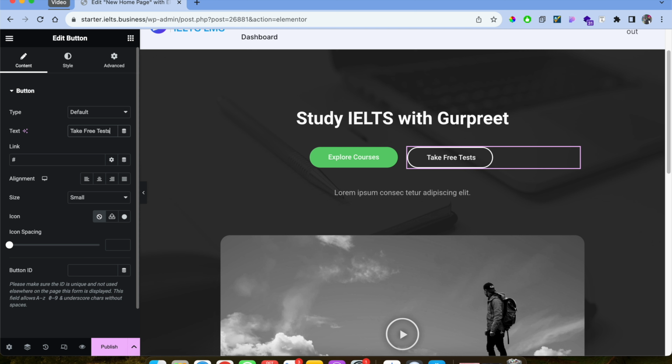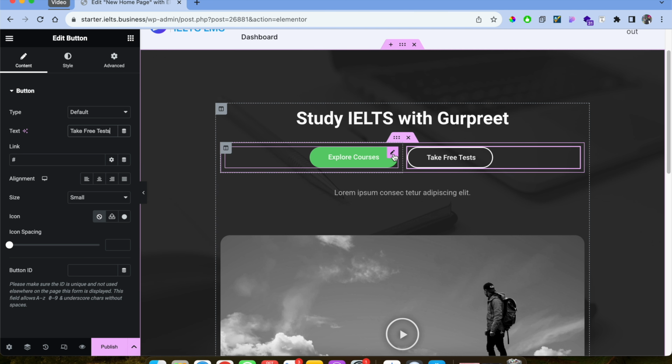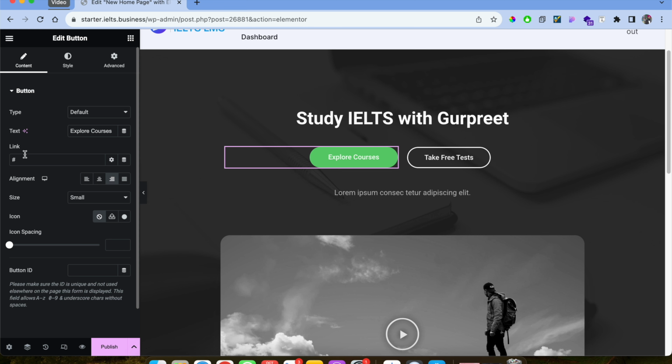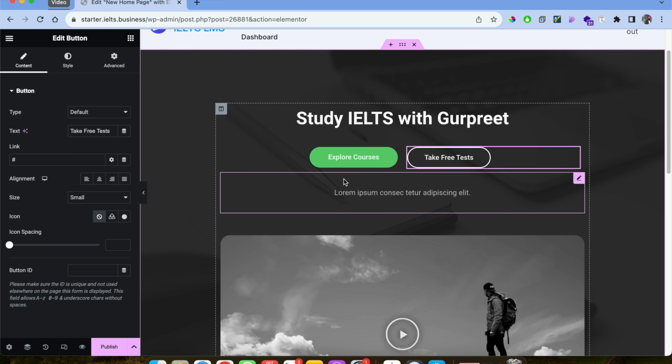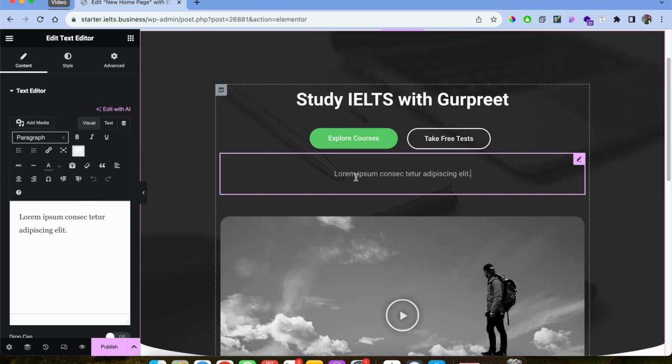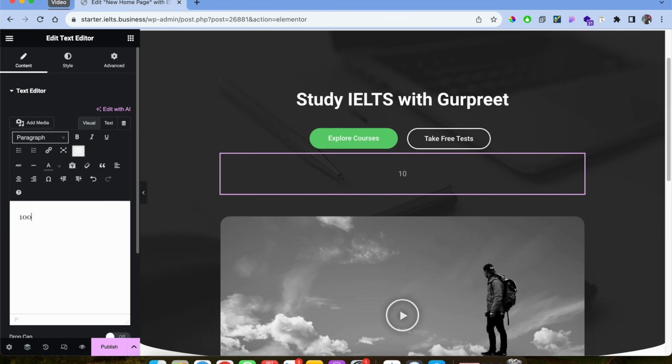Now these buttons will be linked to a new, separate page, and at the bottom below the text there is the link option. So if you want to take the user to another page, you can insert the link here of your courses and of your free IELTS LMS mock test. Okay, and the same way you can edit this section, 100 plus happy students,